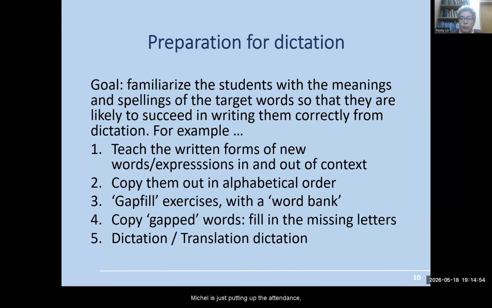Okay, I'll just pause for a second. Michelle is just putting up the attendance, so can you just put yourselves in there, and I'll carry on meanwhile